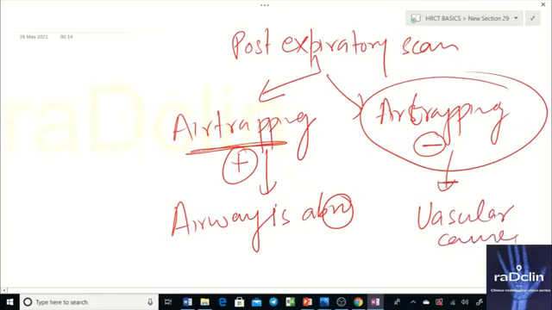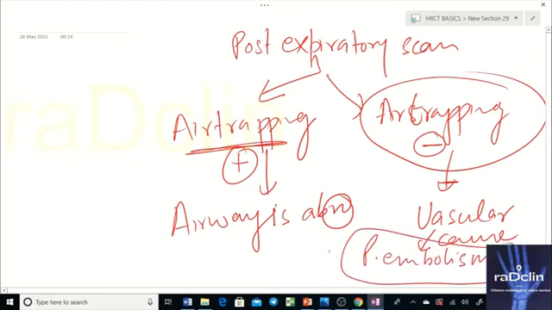And vascular causes of mosaic perfusion are simply vasculitis. It could be pulmonary embolism as well. If it is a pulmonary embolism, vessels are not enhanced by contrast and you do not see vessels. So you see an area or a patchy area of basically unopacified vessels. It will appear low in density. It could be small pulmonary emboli that are causing it.